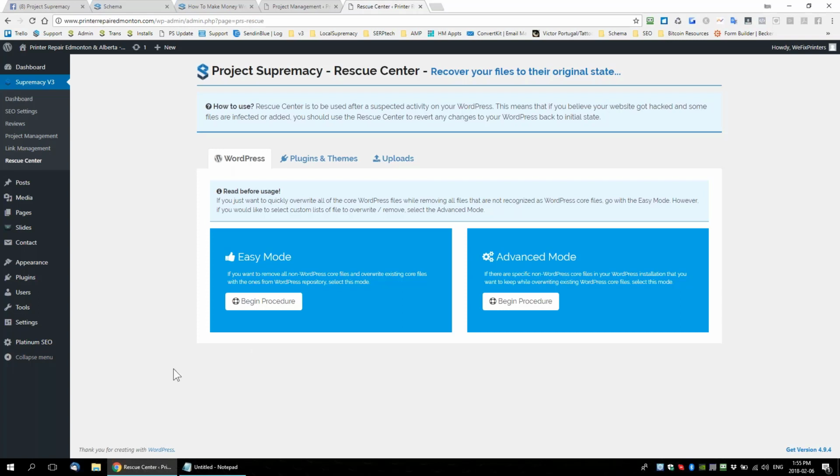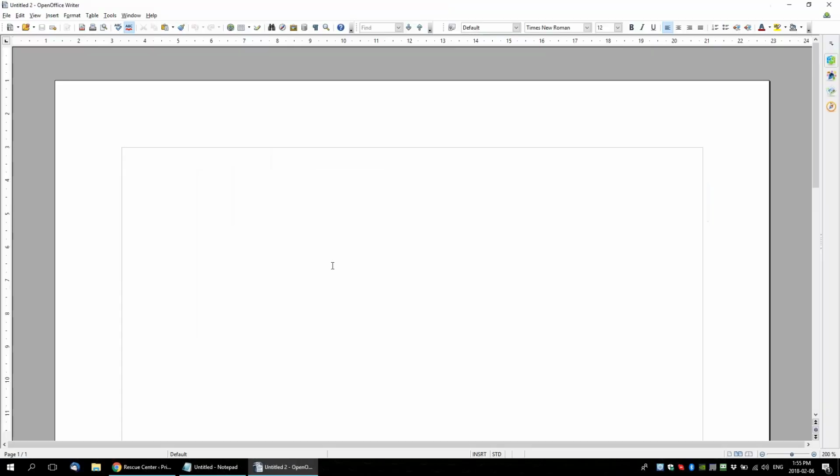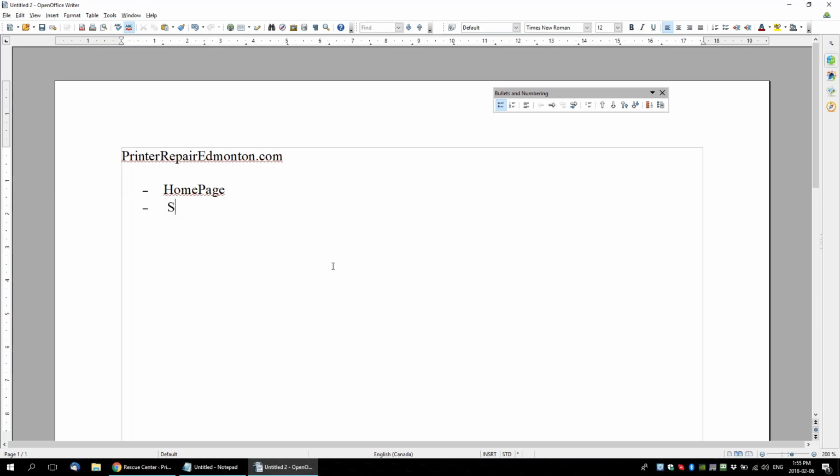So when you're building schema, you kind of have to look at the structure of your site, right? So let's say in a simple site, something like printer repair Edmonton.com, okay? I have a home page, I have a services page, I have a sales and supplies page, okay? And then maybe I have a blog. On the homepage, now we're going to build local business schema, right? Typically, your local business schema